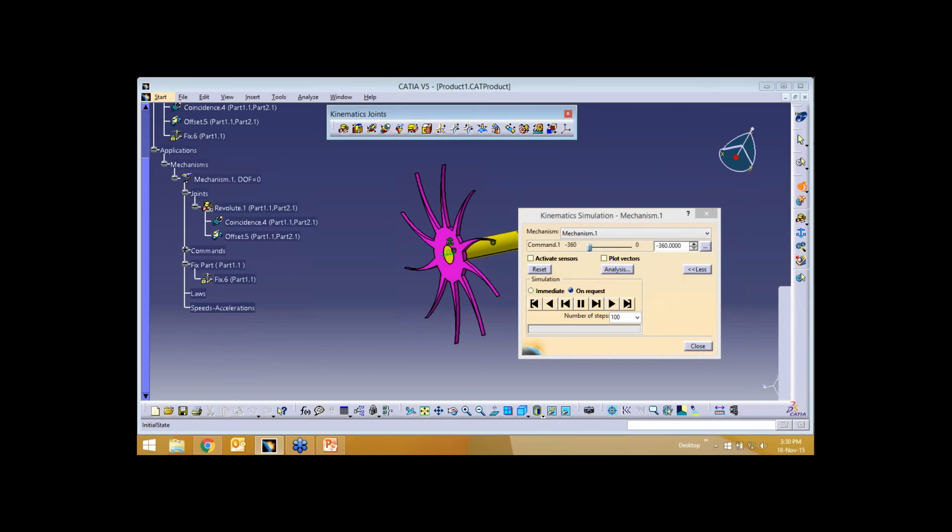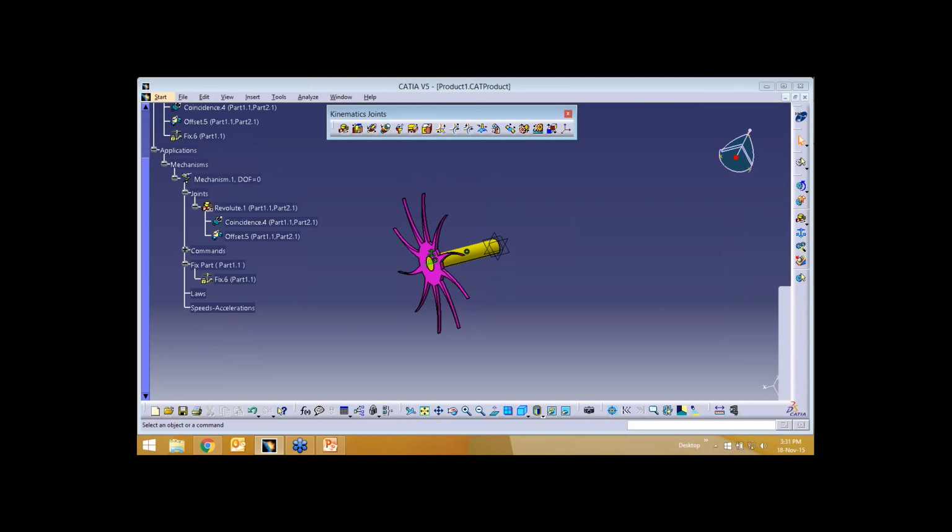So we have seen how to create a mechanism, and using the mechanism how to apply a revolute joint, and by using joints you have applied coincidence constraint and offset constraint for the two different things, and you have given a command for this wheel to rotate on the shaft from minus 360 to 0 degree. And I have done the simulation command, I'll show you how to move this or how to rotate this.